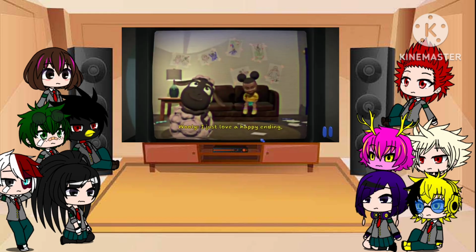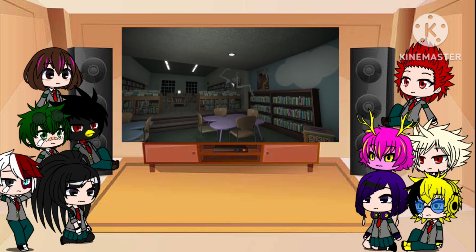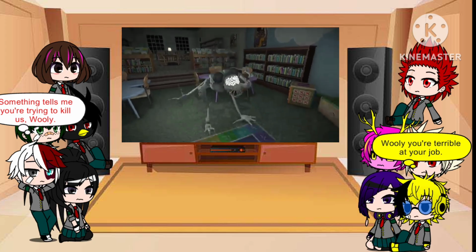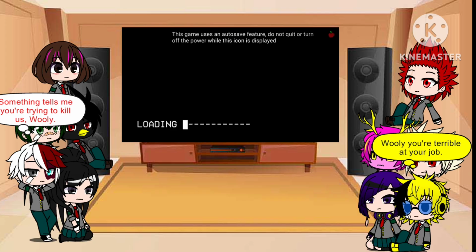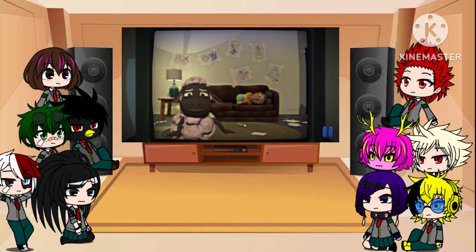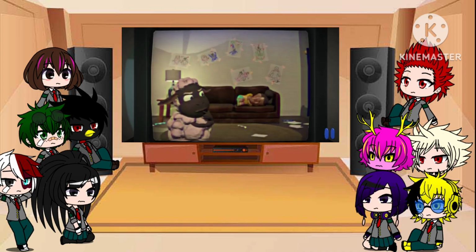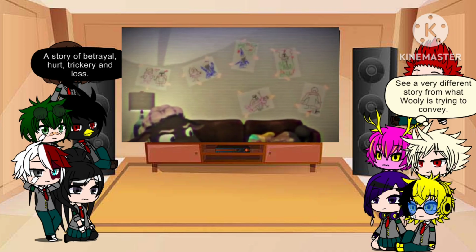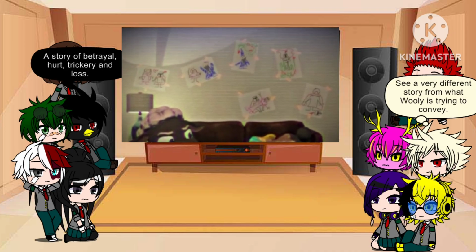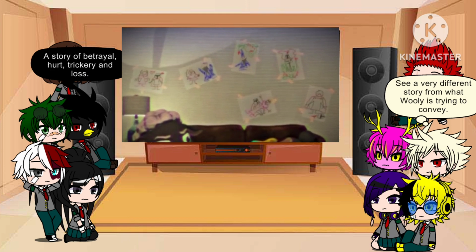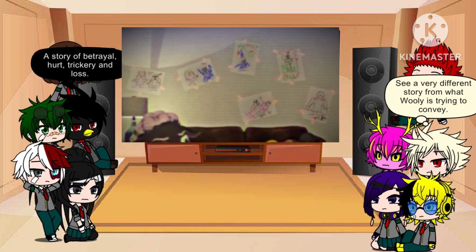If the player follows Wooly's instructions and reenacts this version of the story, then Amanda eventually loses control and her demon attacks Riley, causing a game over to occur. However, if we take a more careful look at the TV screen, we can notice that behind Amanda on the living room wall are a series of drawings. These sketches have been created by Amanda herself and tell a darker, more solemn version of the knight's tale than the one Wooly has crafted.